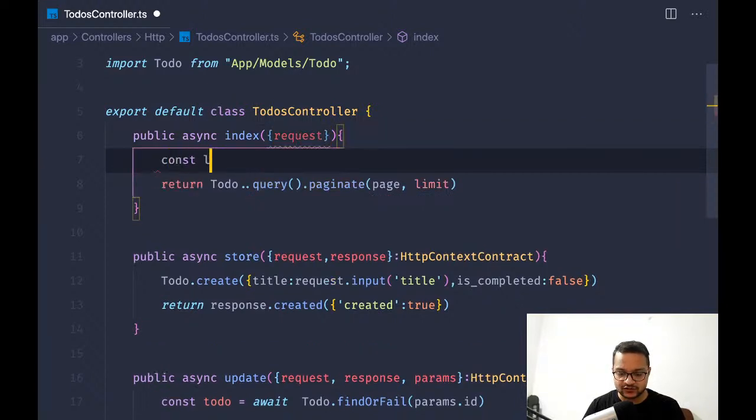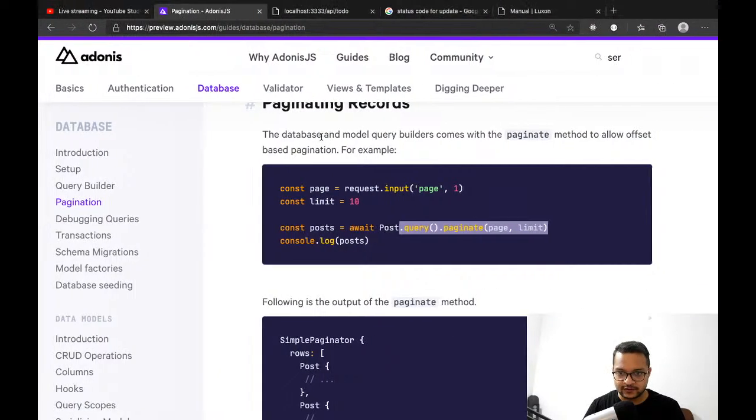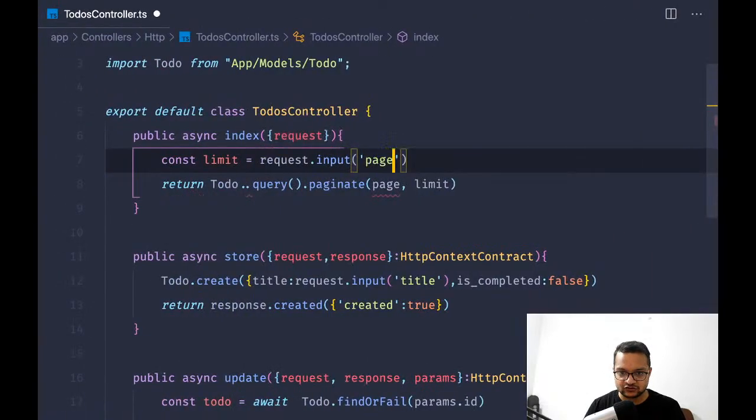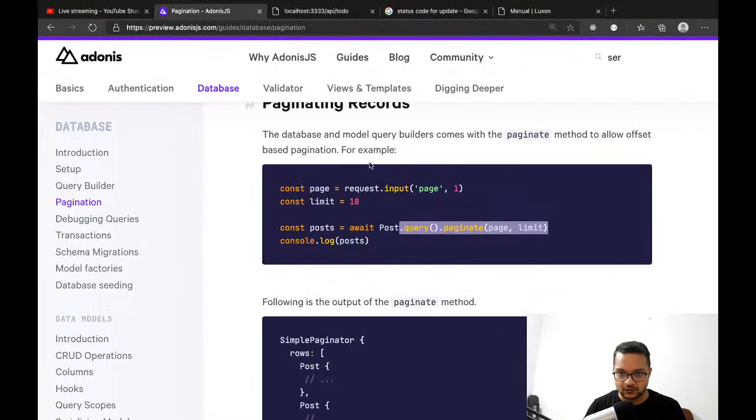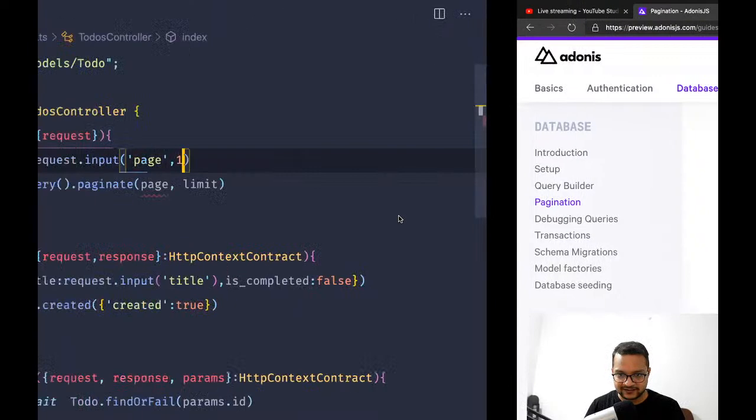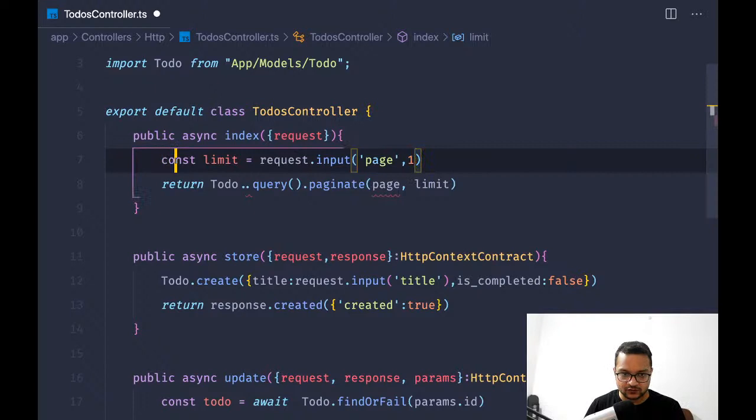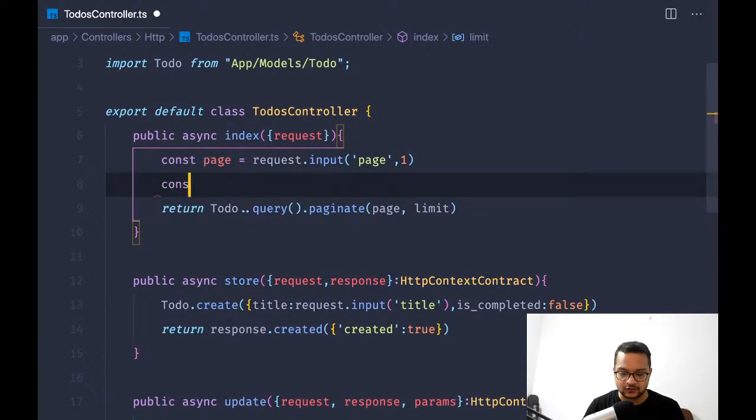Actually, const page is equal to request dot input of page. The second parameter I think is the default one, so it is actually the page, and const